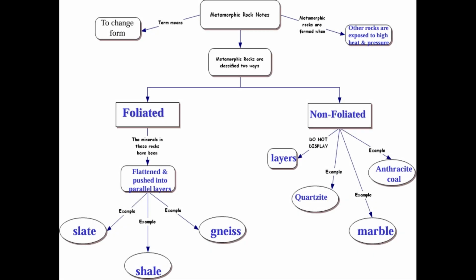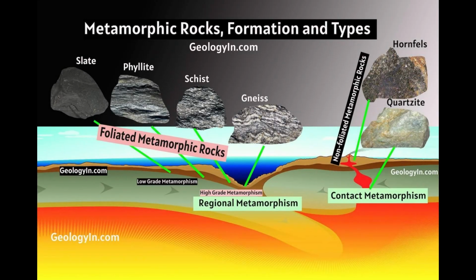Now, the question is, why do you think these rocks don't have layers like foliated ones? The key is in how they form. Non-foliated rocks are often created under conditions of high heat but less pressure, especially in what we call contact metamorphism. This happens when rocks are heated by nearby magma. Since there isn't enough pressure to flatten the minerals into layers, the minerals stay randomly arranged, giving these rocks their